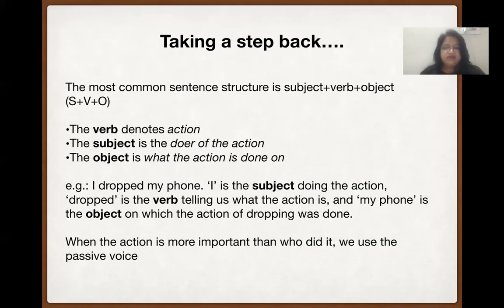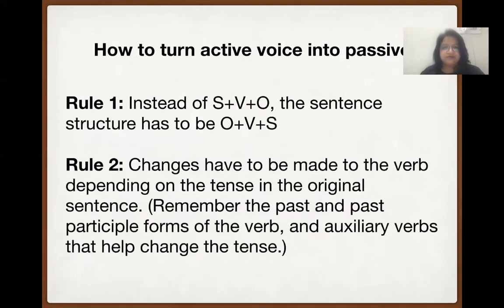Now, when we're using simple sentences, we use the active voice. But when we want to make the object more important, we use the passive voice. Now, how to turn active voice into passive? Rule 1. Instead of S plus V plus O, the sentence structure has to be O plus V plus S. You know that, see, by instinct, you have been doing this correctly. Whenever you're given a sentence in the active voice, you just flip it around and it becomes the passive voice,